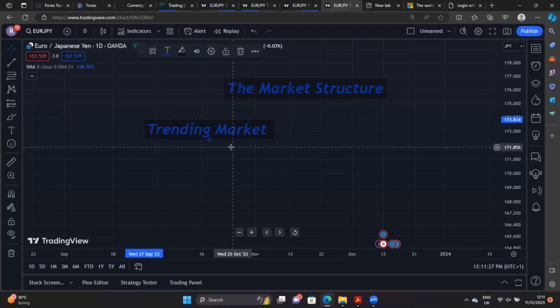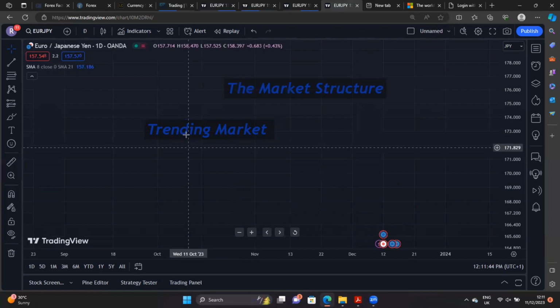Remember, I outlined there are 3 types of market structure. We have the trending market, the choppy market, and then the ranging market. So we're looking at the very first, the trending market. You should write: